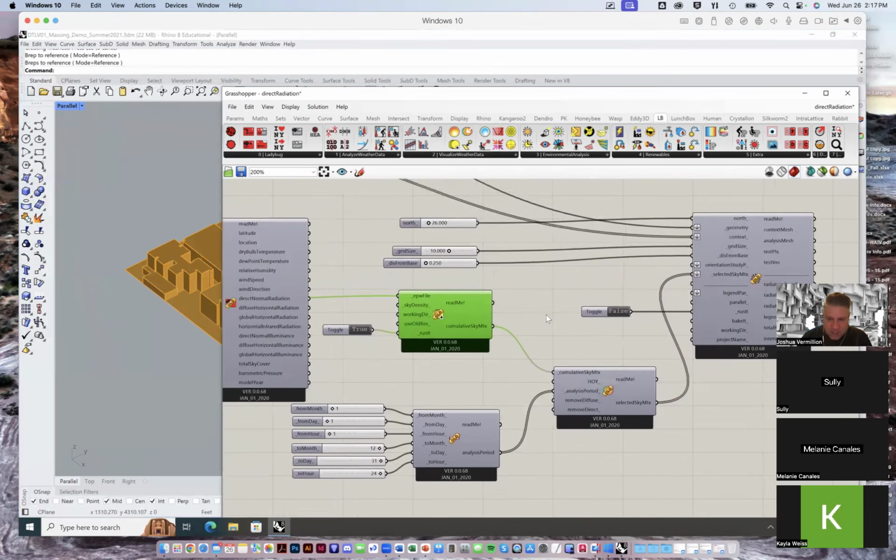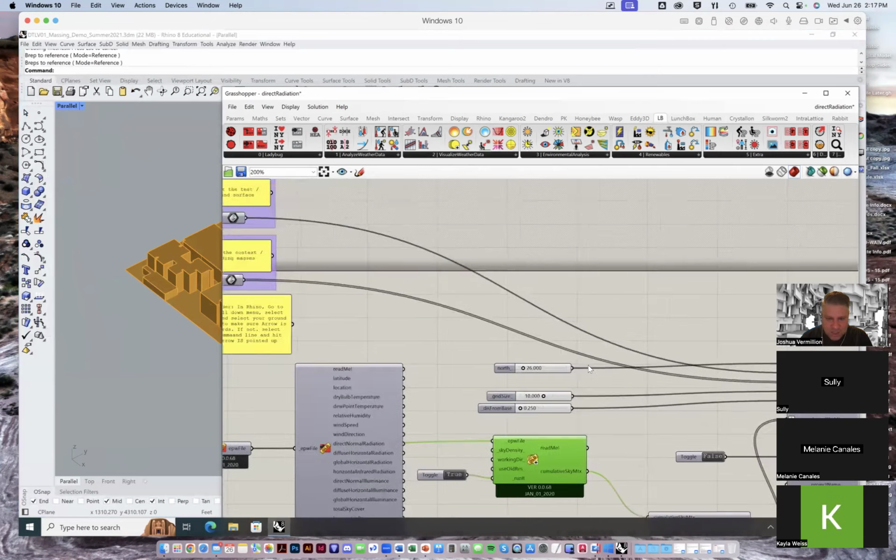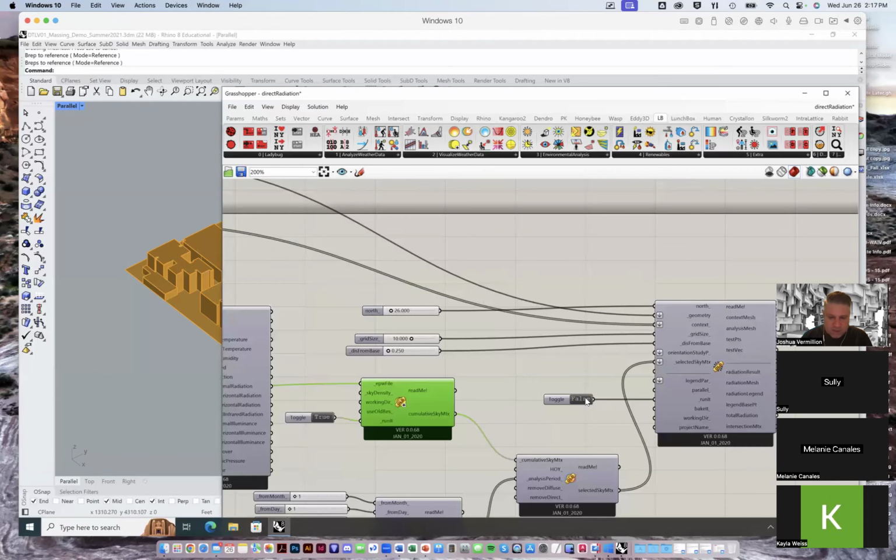Okay, so it's done calculating that. And then what we can say is, please go ahead and place a map. Let's calculate the map and all these values now onto the ground and calculate how much radiation. So what it's doing is it's seeing where light's coming from and how much of it's there, based off of a calculation of the seasonal variety of the sky matrix. Different seasons sometimes have more overcast days than others, or a tendency for more particulates in the air for reflecting and diffusing light. But suffice to say,